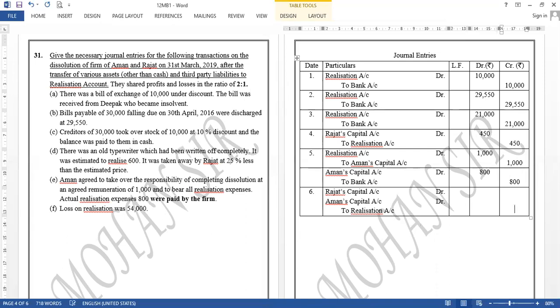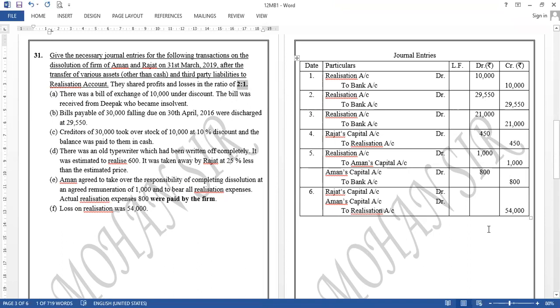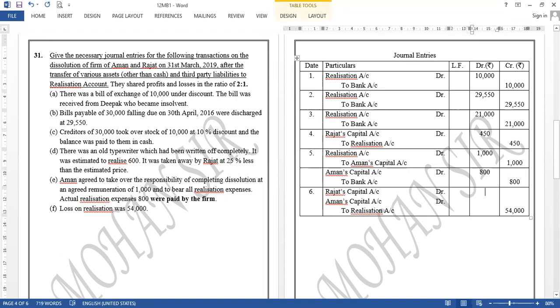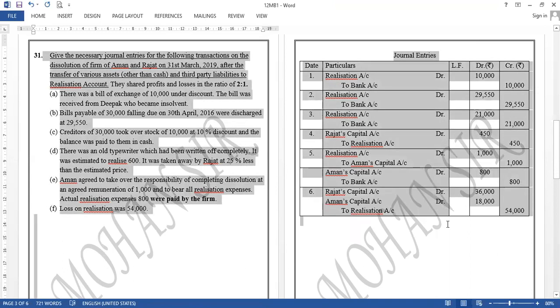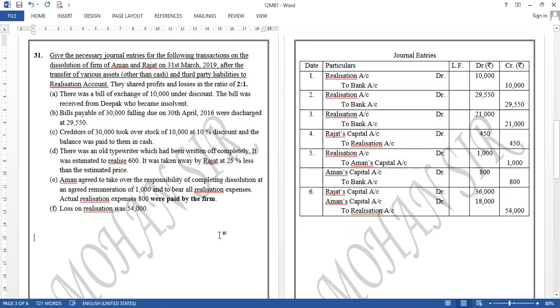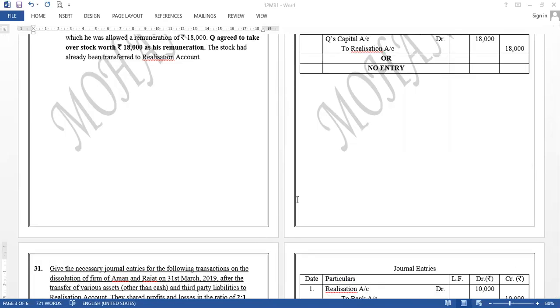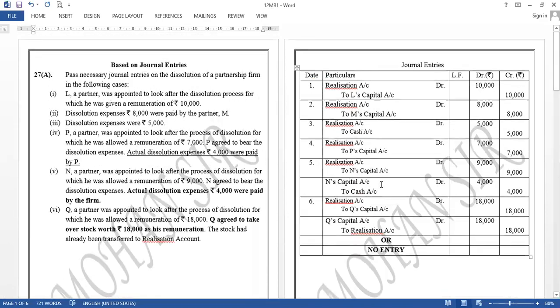Okay, so loss is rupees 54,000 and we are given the ratio also. The ratio is 2:1. तो 54,000 को 2:1 में share करो. 36,000 and 18,000. Correct. 36 and 18. So we are done with this also. इस स्टेप के भी सम्स के आने के चांसेस बहुत हैं बोर्ड में. ठीक है, चांसेस हैं, मतलब मैं ये नहीं कहता कि यही आएगा. ठीक है, along with the long sums, ये सारे सम्स भी important तो रहते ही हैं. There's no doubt about that.